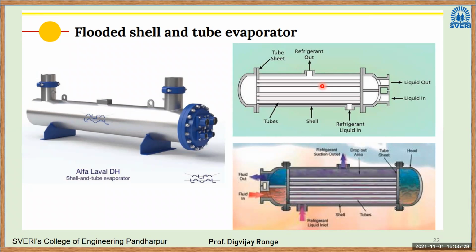Okay. So this is actually a central type of system in which refrigerant first cools the water, then water cools the air. There is no direct contact between air and refrigerant. Refrigerant comes inside, it cools the water which is present inside the tubes, then it is taken out. So this is a shell and tube type of heat exchanger. Similar diagram is shown here. Fluid comes in and then fluid goes out. Water flows inside of this and it is used to cool the air or further applications, whatever may be.